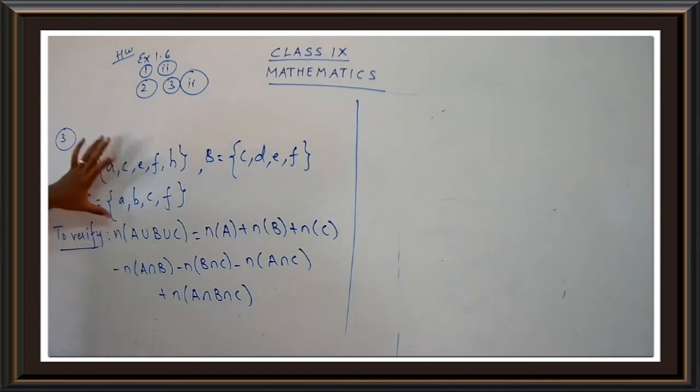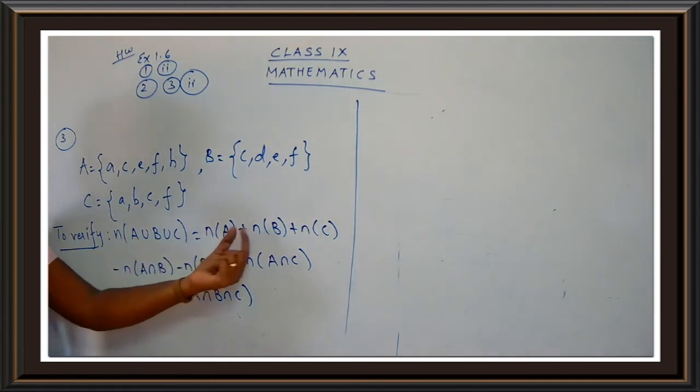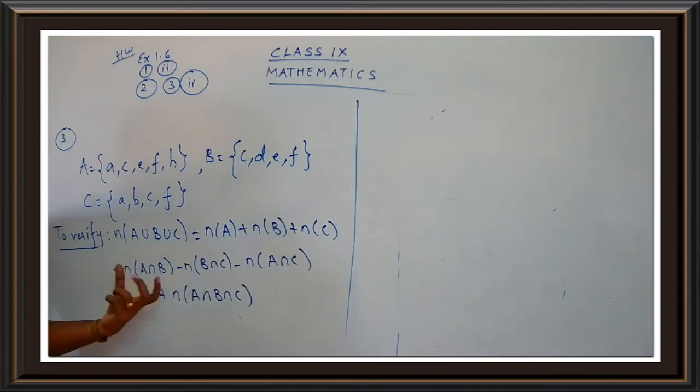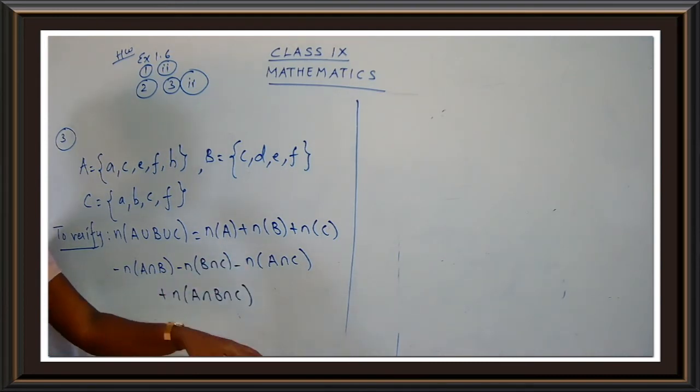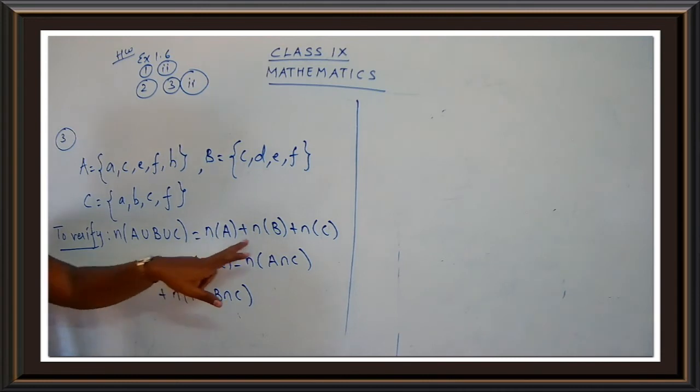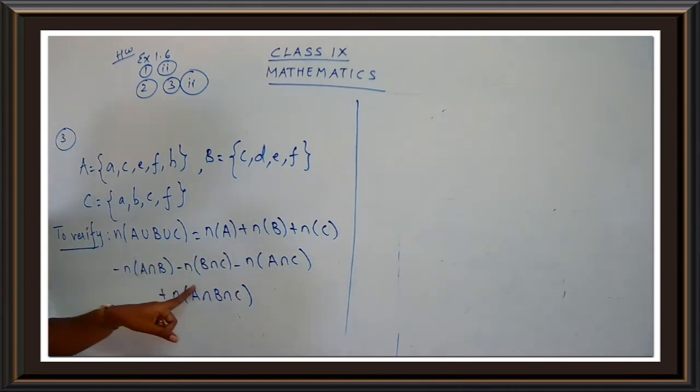Come, this was the question part. So you have to start from the to verify part. Have you written the to verify part? Take down the to verify part, children. You have to remember this formula. It's a very easy formula. N of A union B union C: write all the sets separately, N of A, N of B, N of C. Then write down all the intersections: A intersection B, B intersection C, A intersection C, or C intersection A, they are one and the same. Remember the signs, okay? Here we had plus. For the pairwise intersections we used the minus sign. And when you are using all three intersections together, you have to take a positive sign.